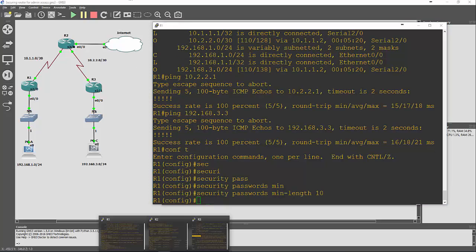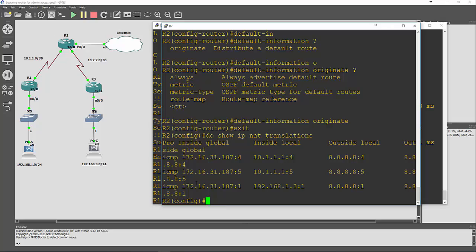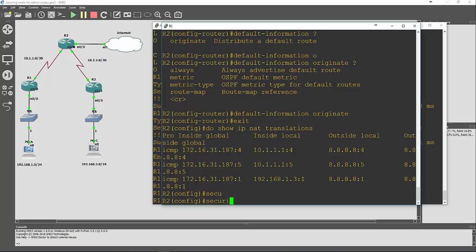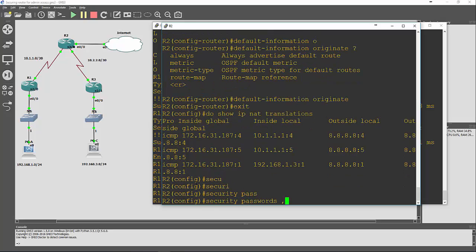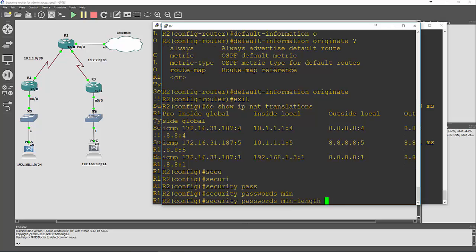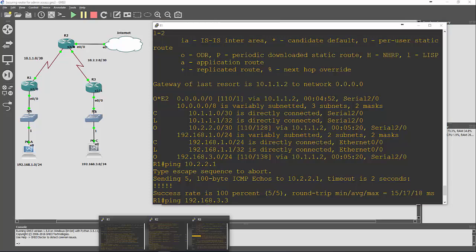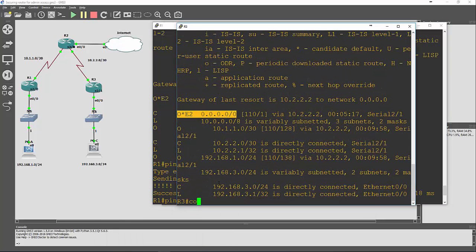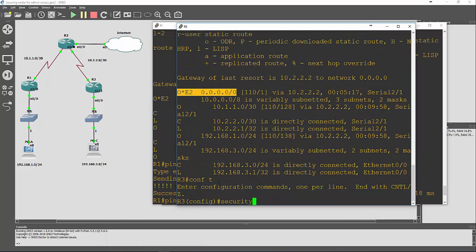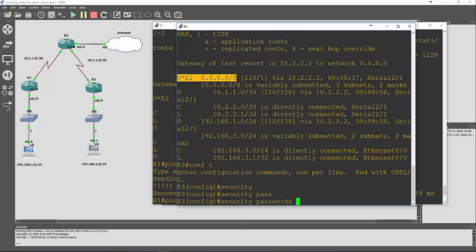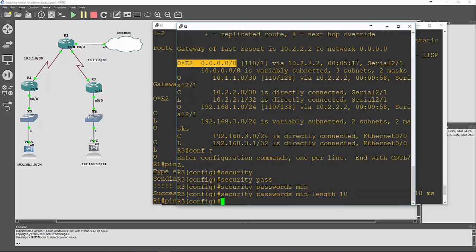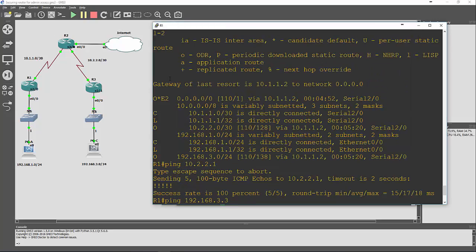So we'll do that, and we'll just do that for the other 2 routers as well. Last but not least, router 3. Okay,